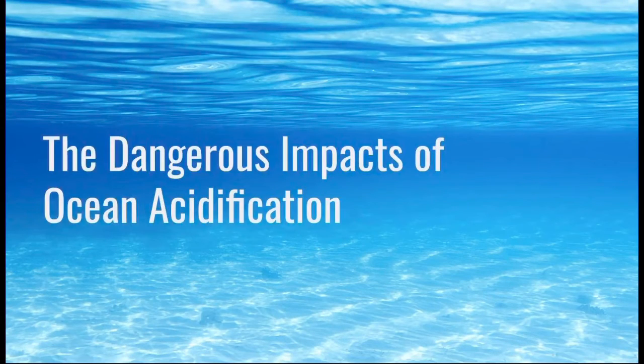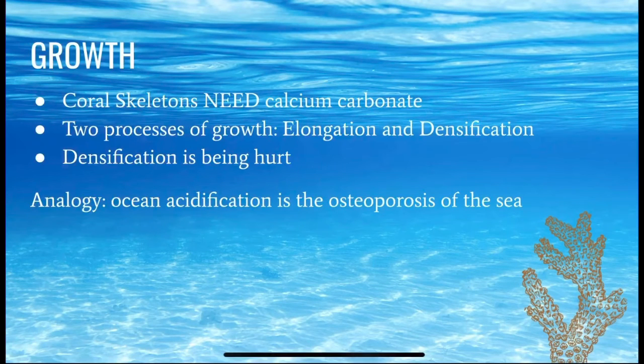So, as I mentioned before, corals are made up by polyps with calcium carbonate skeletons. Therefore, the availability of carbonate is essential for their survival. Researchers have found that ocean acidification impairs the growth and reproduction of coral reefs. Corals grow in two distinct processes: elongation, which is also known as upward growth, and densification, which is the lateral thickening of coral. Though both processes can be impacted by ocean acidification, researchers believe that densification is the process taking